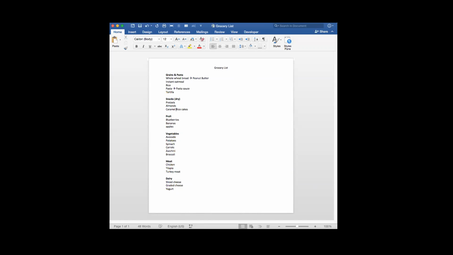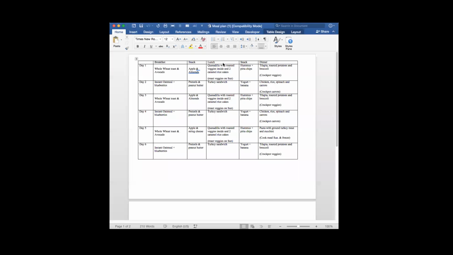And then I went back over to my meal plan once I made my grocery list, and I started planning how I can save time in meal prep. If I make all my roasted vegetables in the oven on Sunday, using Sunday as my prep day, then I can get all the veggies made for my quesadillas. I can make my quesadilla the night before and throw the veggies in because they're already made in my refrigerator, and I can wrap it up in foil and it's done.